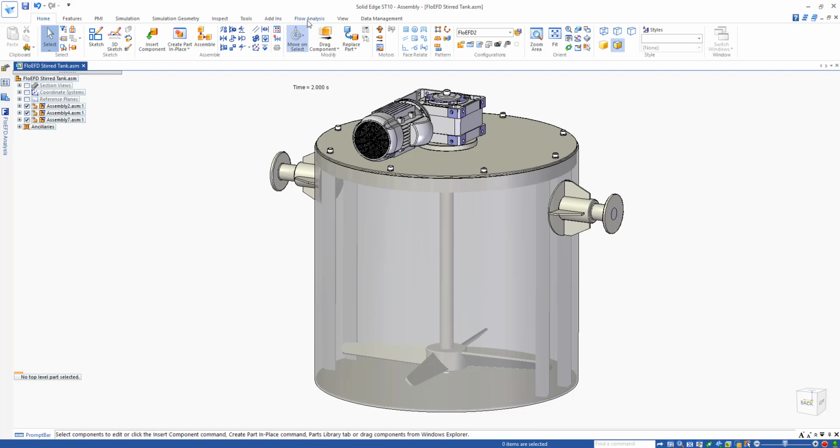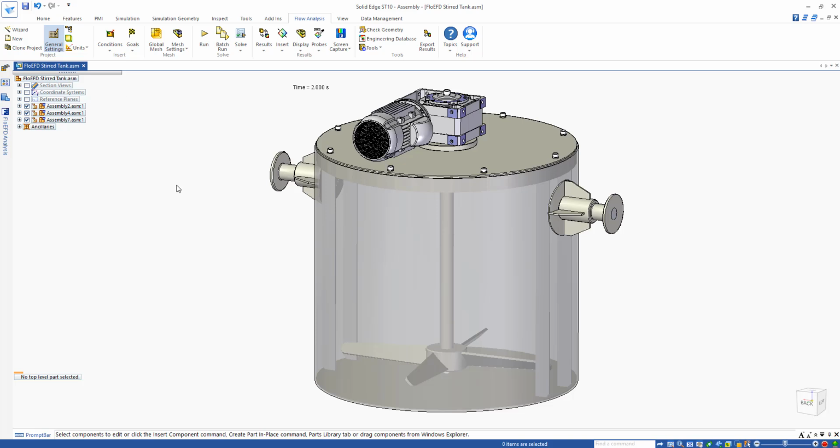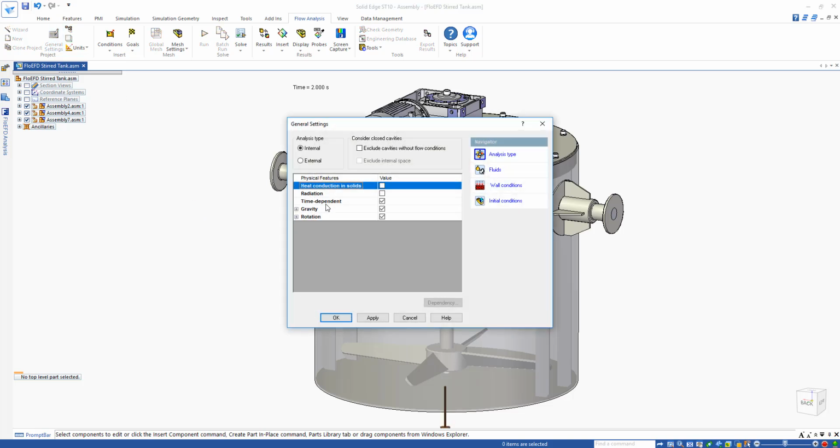So first of all, let's go over to our flow analysis tab and have a look at some of the general settings. We can see straight away this is going to be a time dependent or transient analysis, so we're going to be simulating over 2 seconds of transient. We've got gravitational effects turned on. We also have rotation with the sliding mesh turned on, so we're going to be using the moving mesh capability